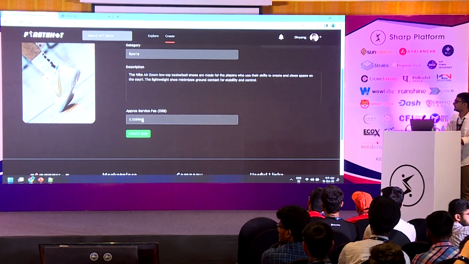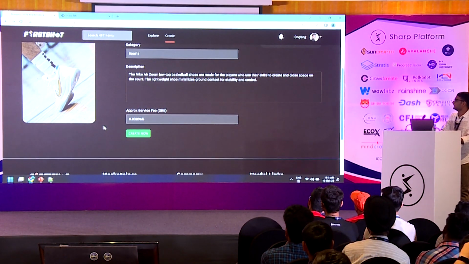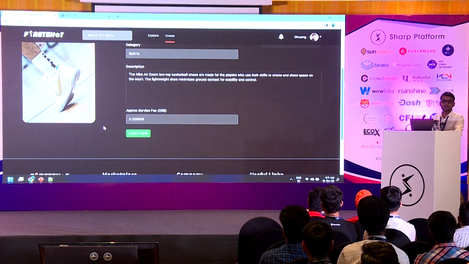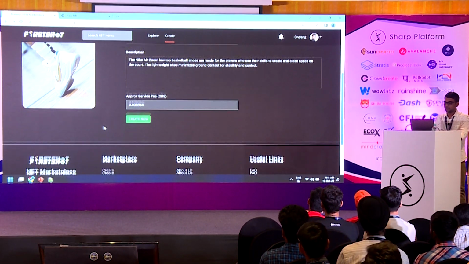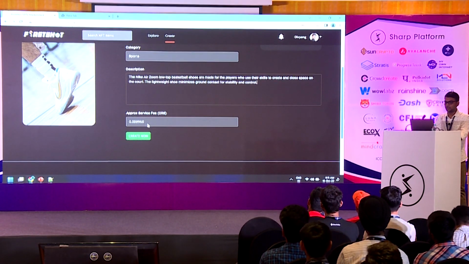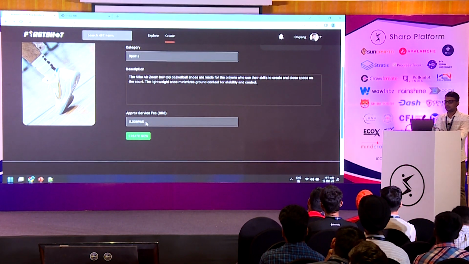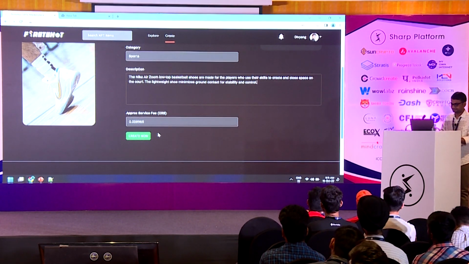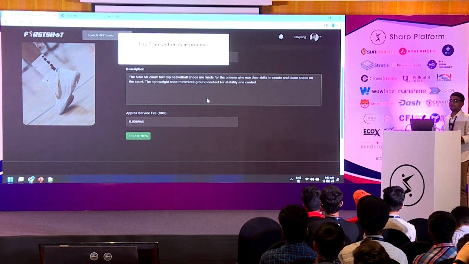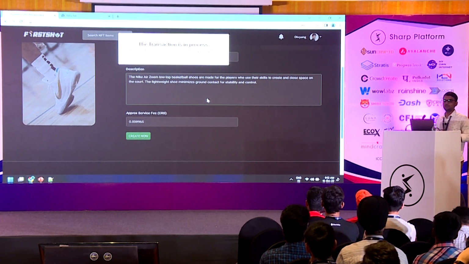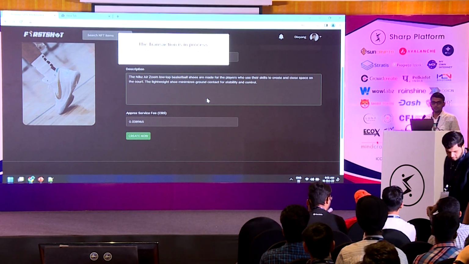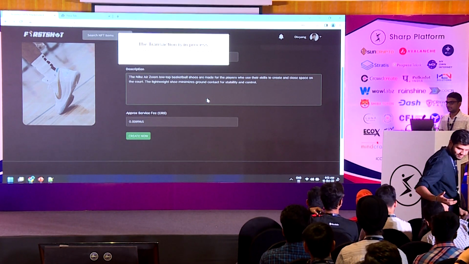And here I can see the service fee. When you do any transaction on a blockchain, there are fees associated for the miners. These are the fees that I need to pay, and they will be deducted from my wallet. It will take 20 to 30 seconds on Stratis to form a block for the transaction. So let's wait for a couple of seconds.